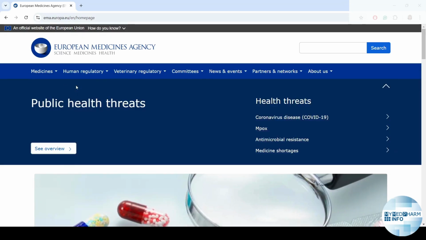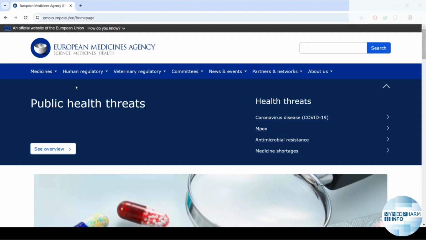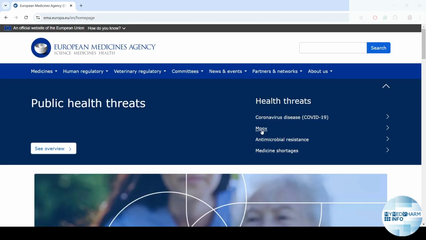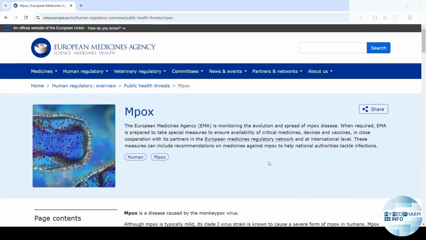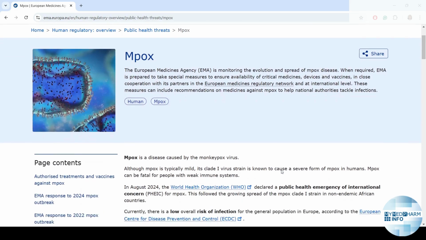Under the main menu, you can open an additional menu with information on the current public health threats. It's helpful if you're working on a hot topic and need the latest updates. As an illustration, let's go to the Mpox section. We get a summary of the disease,